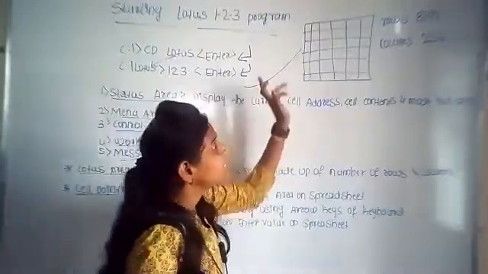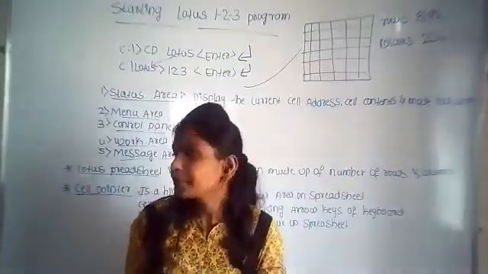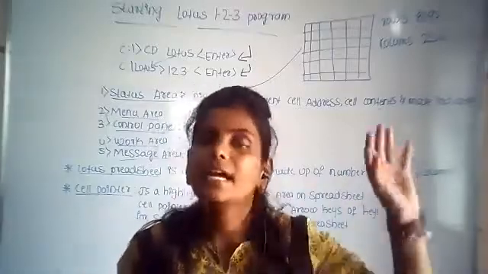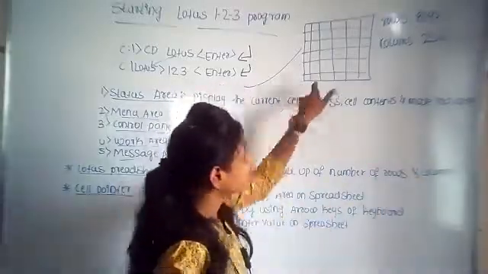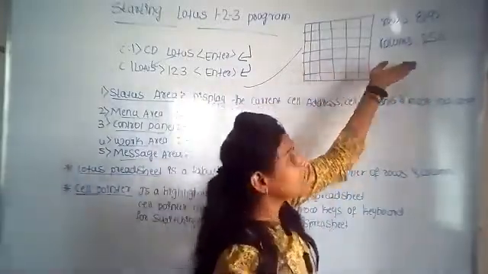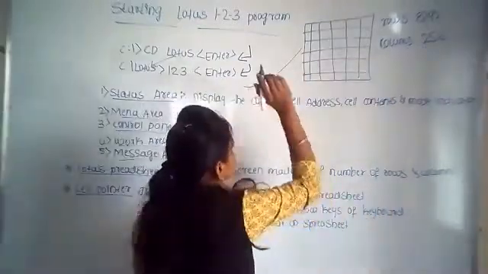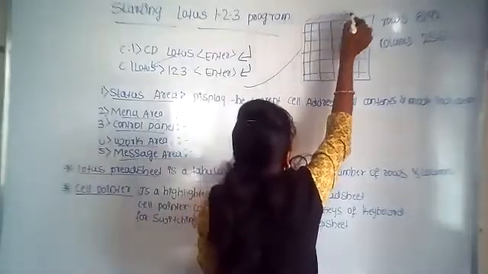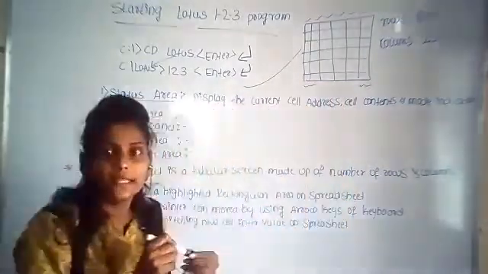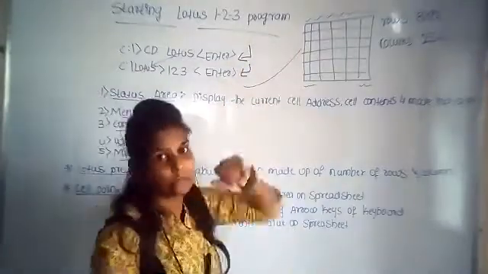It contains rows and columns, and each cell has its own unique name. Next, we can easily manage the data in a systematic order. In the Lotus electronic spreadsheet, there are 8,192 rows and 256 columns. In this spreadsheet, there are many options at the upper side and at the lower side.